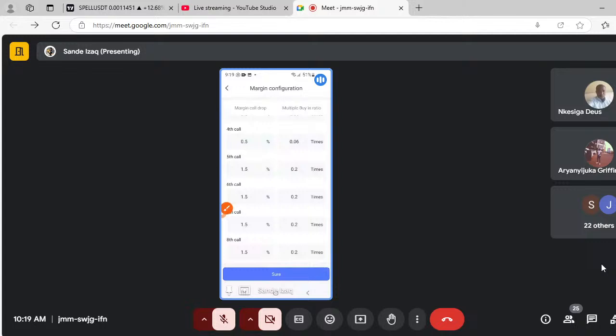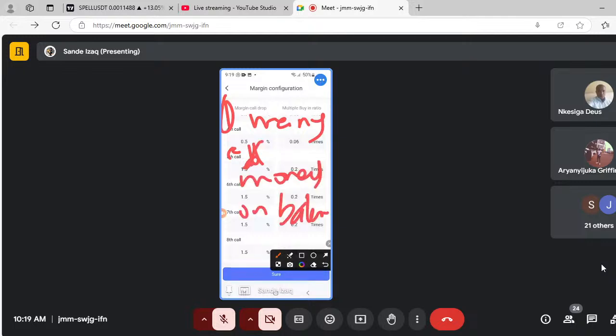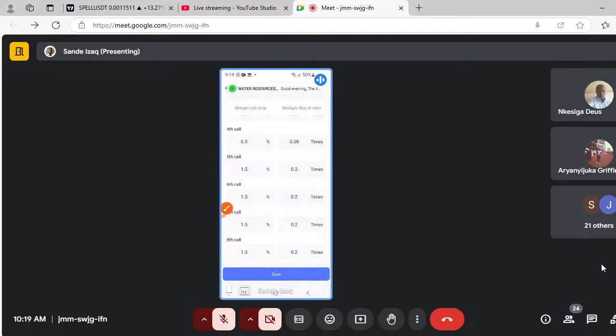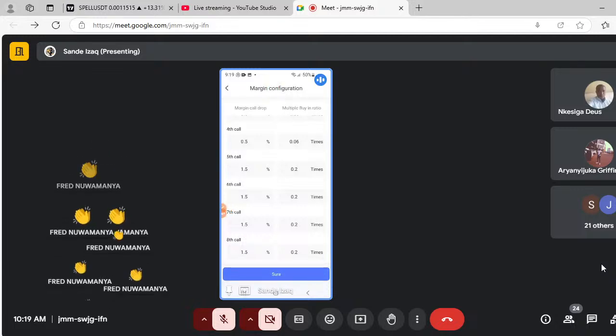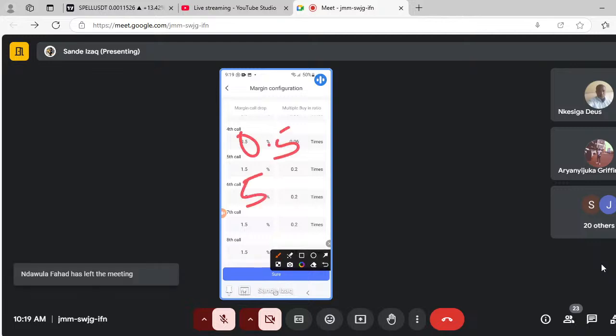Because someone, one, wants to trade many coins. Two, doesn't want to see money on the balance. That I want to see all my money in the market. My friend, you'll be in floating loss with your 50 coins. You're not making a single coin. You start crying. You get? Trade one coin, give it good call margins, give it good drop, enjoy the money. You get? Enjoy the money in one coin, even when it is in floating loss. Even if it is in floating loss and you have a drop of 0.5, covering 50% or 45%, I'm sure